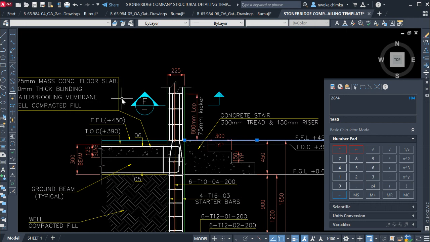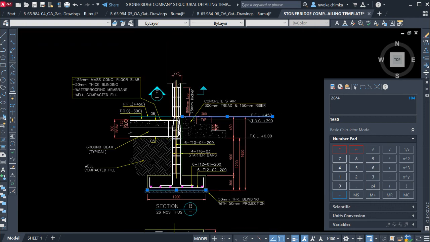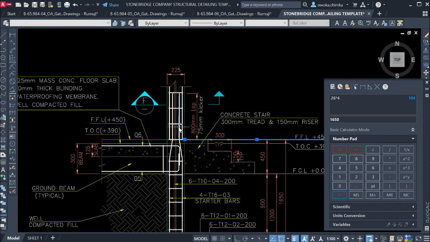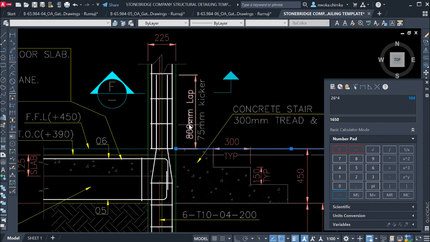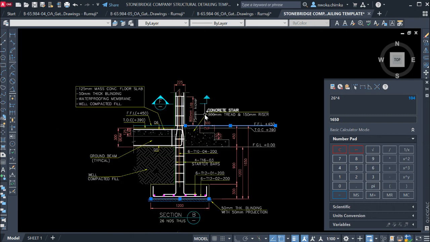It has to lap with the column coming. So right now we have formed a connection between the foundation column and the ground floor column, or the first floor column. Right now the lap length is 800. I've already showed you guys how to calculate all these. So we will now add plus 800 to it. That gives us